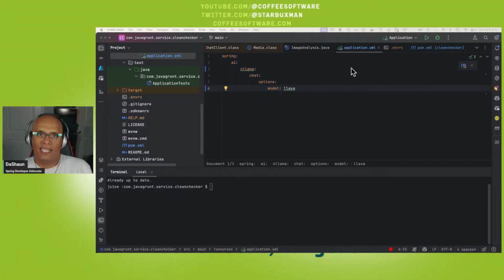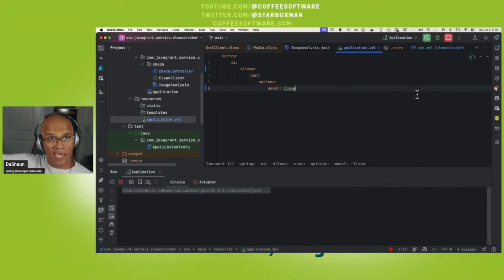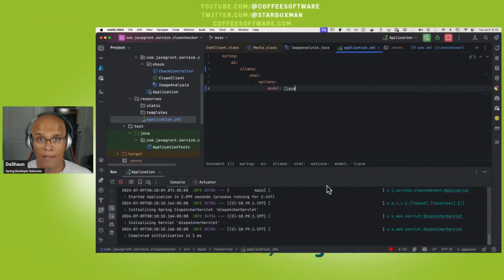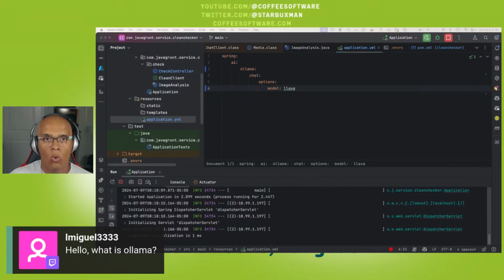So let's take it for a spin. Am I missing anything? I think that we've done all that we need. What I expect is that this is going to run and call that other computer that's in my son's room, Java Grunt Jr. And, oh, this is a good question. Hello, what is Ollama? And yesterday, my friend Edu,